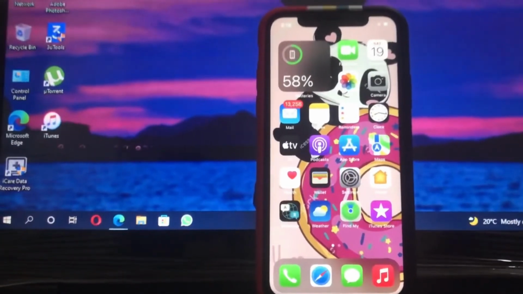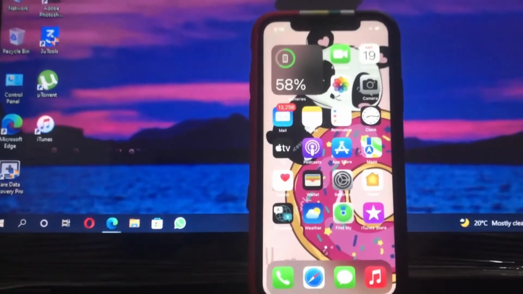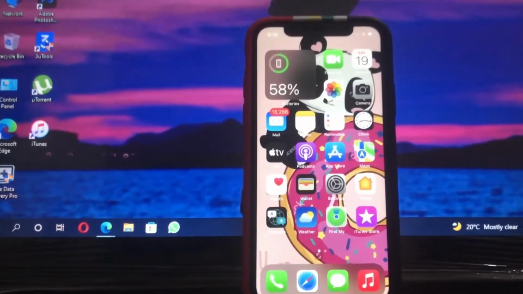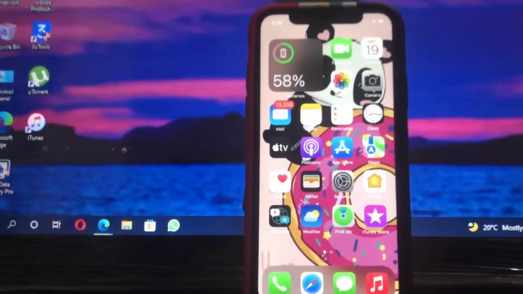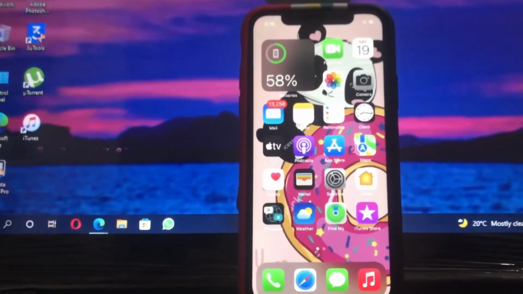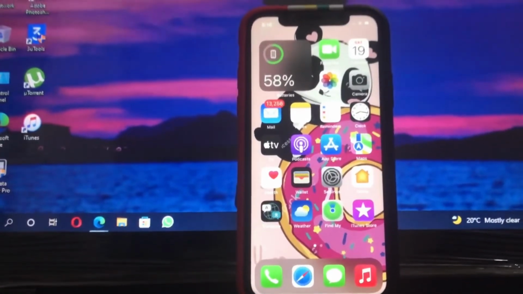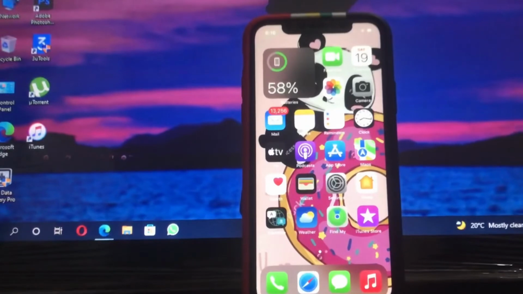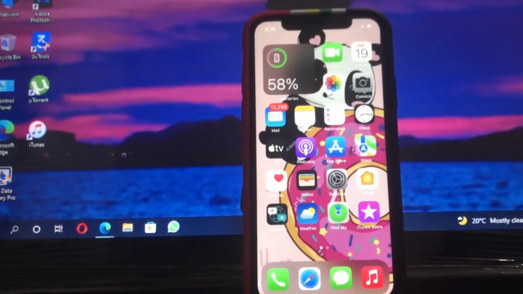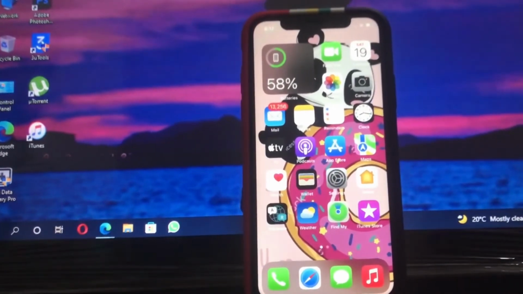You can see my iPhone has the iOS 15.2.1 beta version available, and this iOS is signed. I need to downgrade my iPhone for the jailbreak. If you want to downgrade your iPhone for the upcoming jailbreak update, you need to downgrade